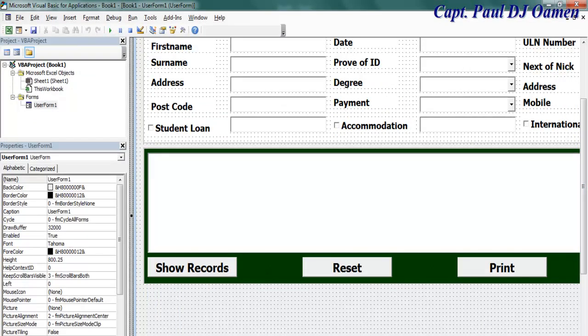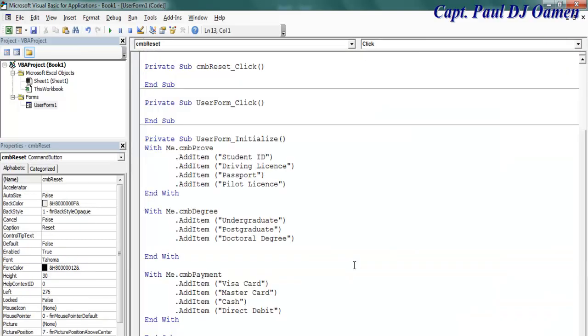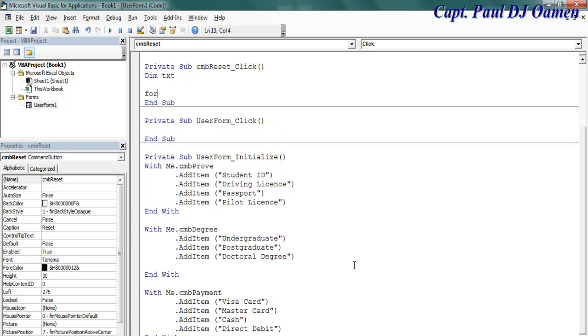Now let's take care of this reset. Double click on reset. In case of reset, I'm just going to say declare txt, and I'm going to use a for loop there for each txt in. Now this is very important. I need to know the name of that very frame. I think it's frame number 3. No, it's frame number 2. Frame 2 dot control,